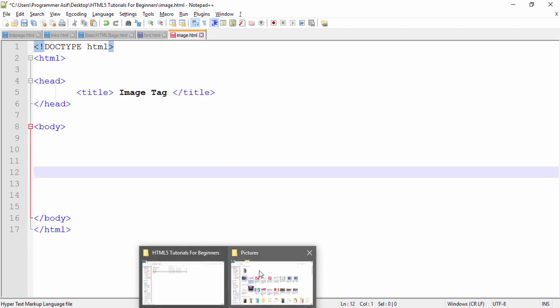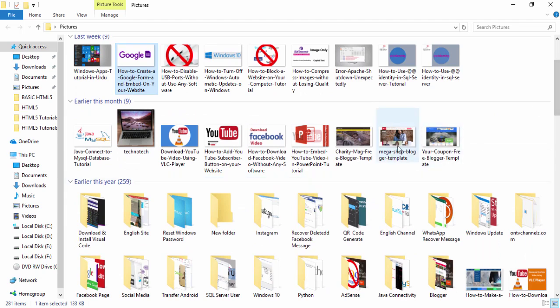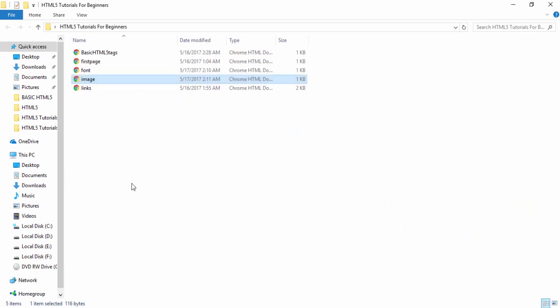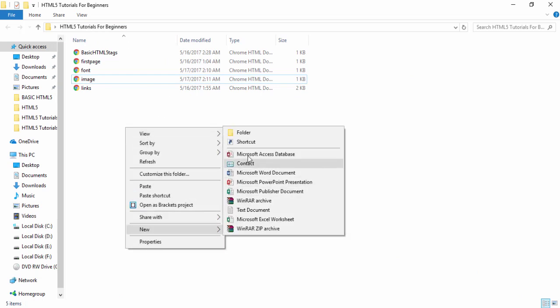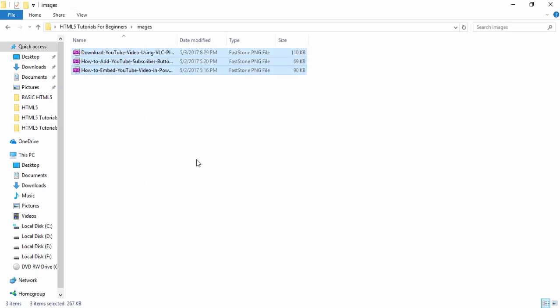So I just go to my image folder. Here are many images available in another folder like pictures, and I want to display images on my browser. So what can I do? I just select the images. For example, I want to copy this image, select this image, and this image, right? Copy these images, and then I go to my HTML tutorials for beginners folder, and I make a